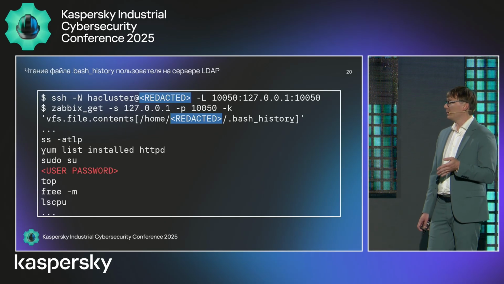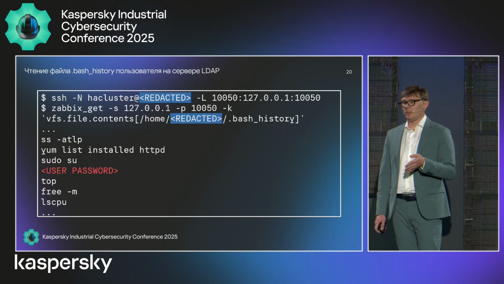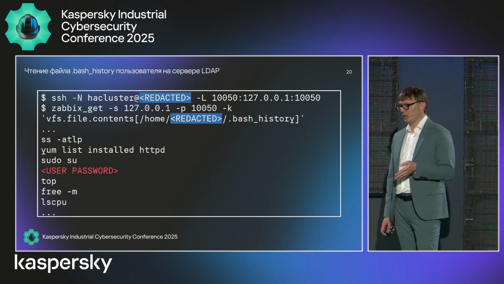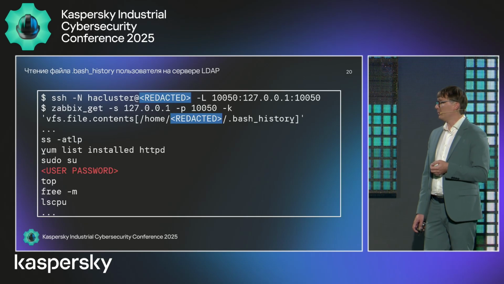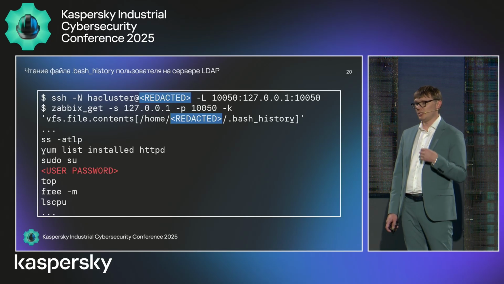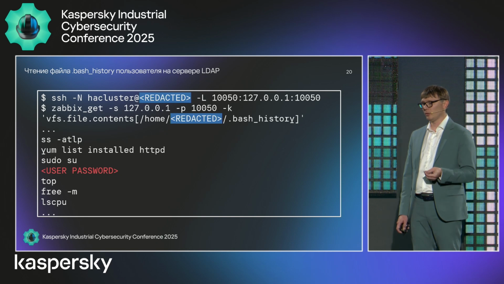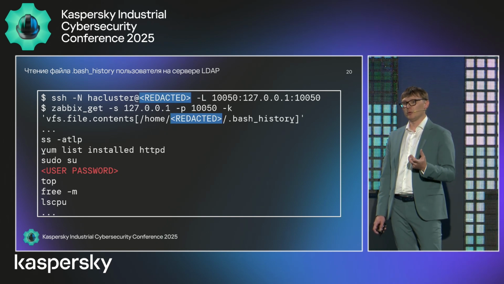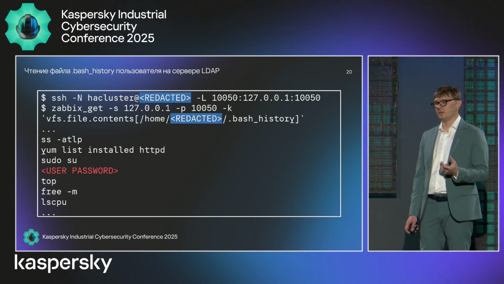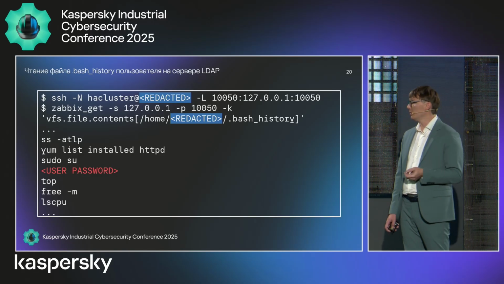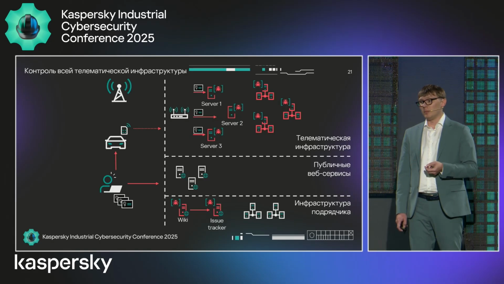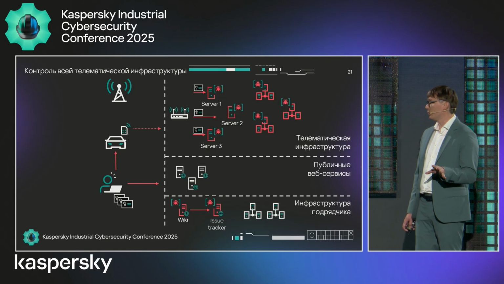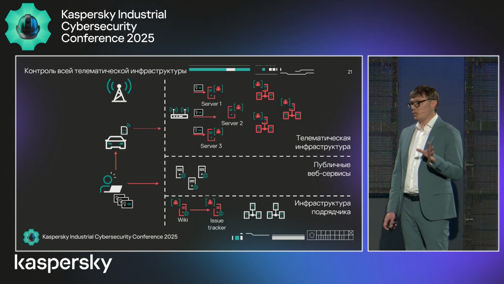After that, we gained access to the file system and were able to read the files, and through the history of one of the commands, we were able to find the password. As it happened, it was the password to the account of another subcontractor that was part of this automobile producer's system. It was a privileged account, and the password to all the servers was the same. Therefore, we gained access to all the servers of the telematics.